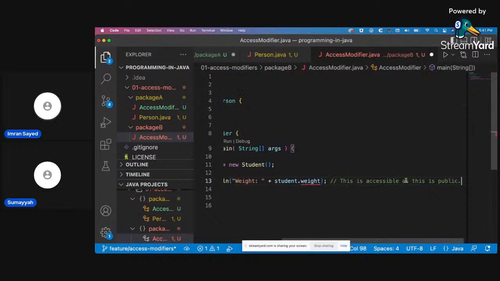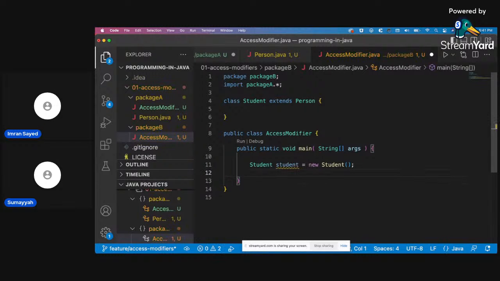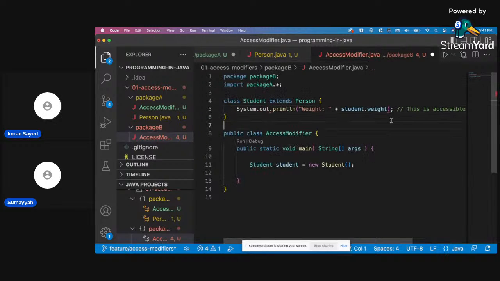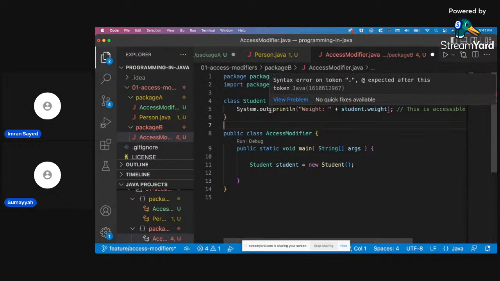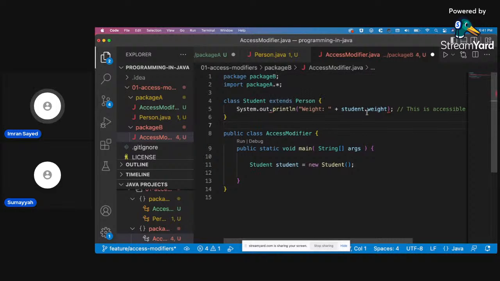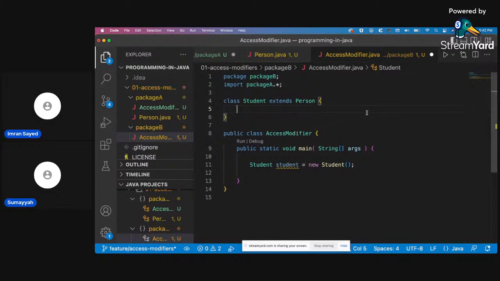Let's try that there. Okay, it's accessible. I guess you can't do it like that, right? You have to create a function. Yeah, okay.